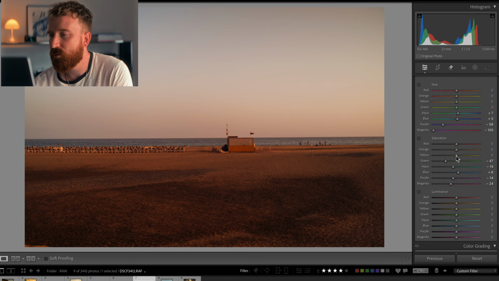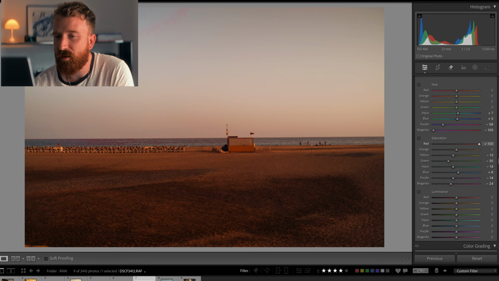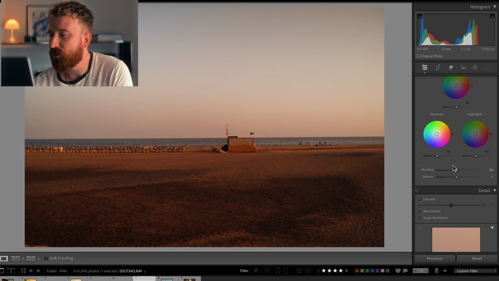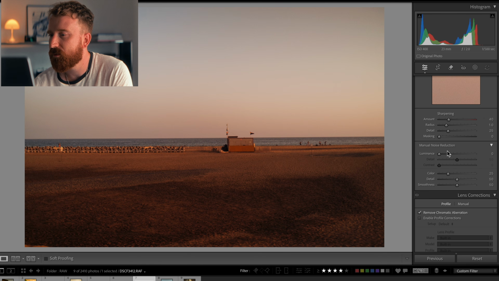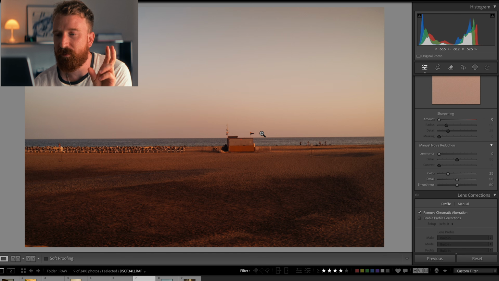And maybe bring back the tones that I really wanted. And maybe you even see here is some banding going on. So I will just take these a little bit out, and just like that, I think I am pretty happy how it looked. Sharpening, I always decrease on these kind of film stock